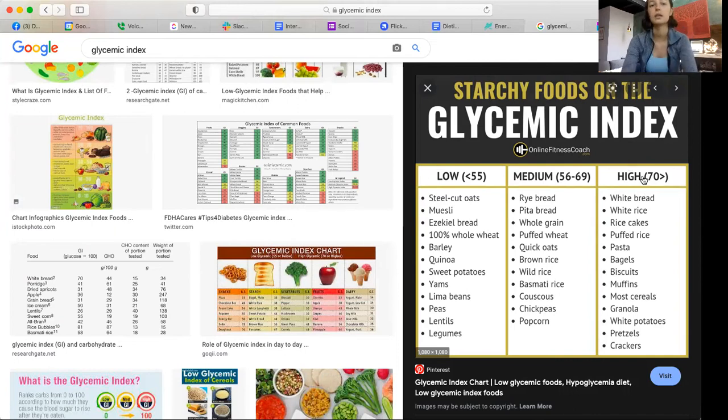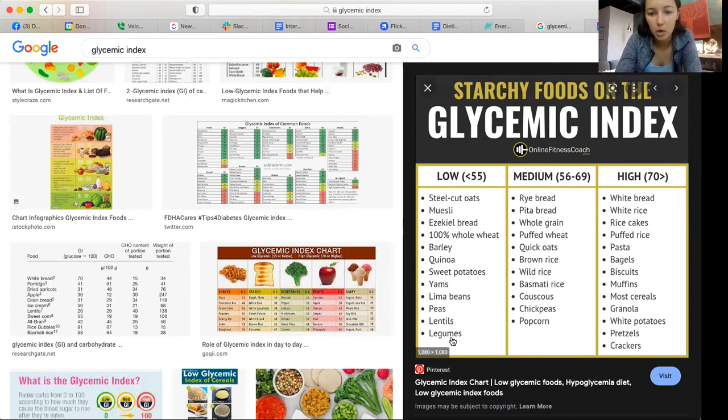It uses the reference range of how high it spikes in 1 hour, and they use this formula to calculate the glycemic index. Then we have medium. So these are interesting ones to keep in mind. You're going to see these are mostly your whole grains, right? These have a little bit more fiber in them. That's what's putting them more in the medium category.